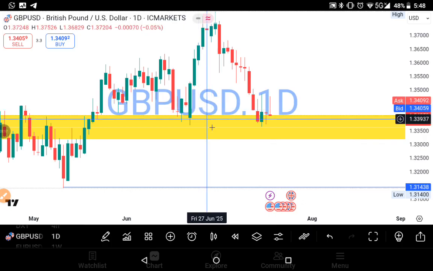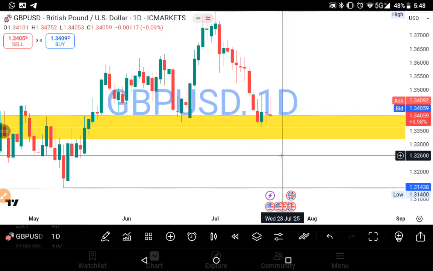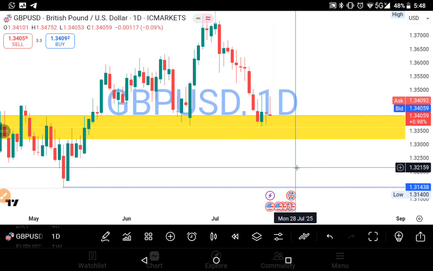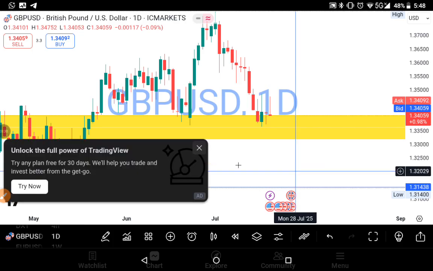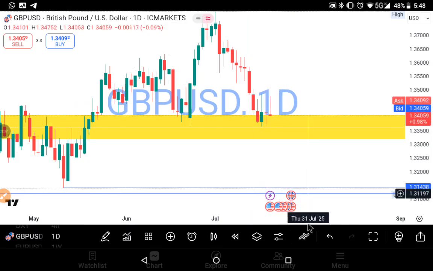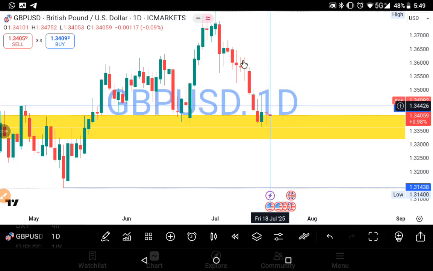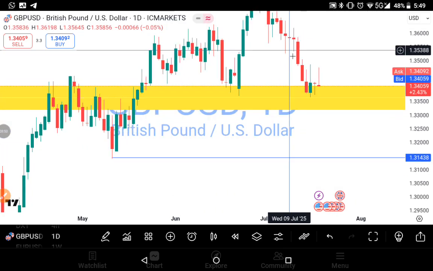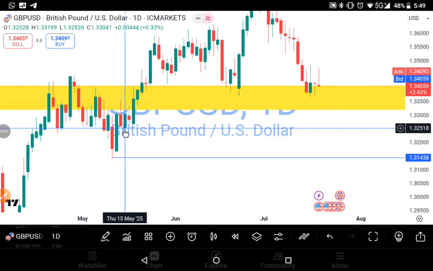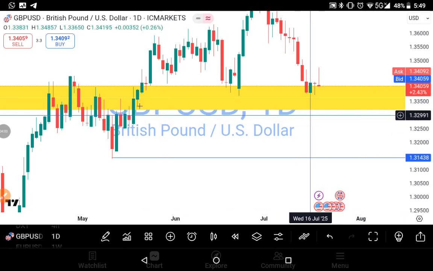I'm expecting the market price to trade below it and find a resistance around it. But if it happens to hold the price and the market price finds support around that area, I'll be picking 1.33500 for my decision point. So I'm expecting the market price to take out that level and deliver down here, and deliver 1.33 big figure and